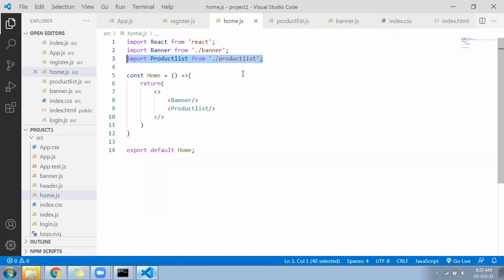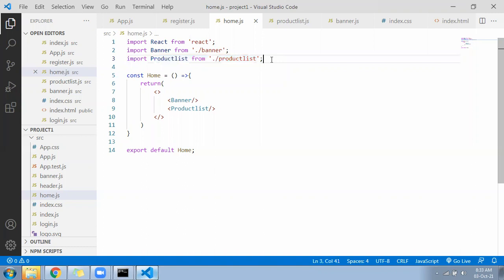So whenever you are free, you need to sit and look into the flow of the files properly, how the components are working, linking one to the other. Check it. Okay, hope the home file linking is done. In the home file you have called the product list. We will go to the product list.